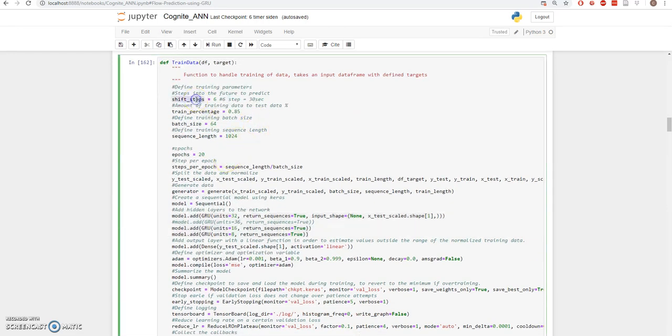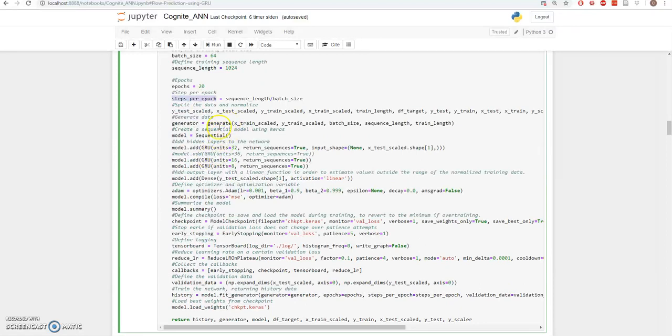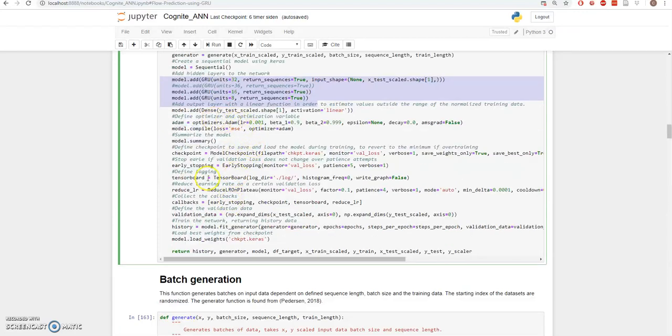Here we define the future steps to estimate. Find how much of the data is training data. We define the batch size, the sequence length, how many epochs you want to train for, and how many steps per epoch you want to train for. We create the model, create the batches, we add the layers together, we define the optimizer, and print out a summary of the model. And then we define all the callbacks,